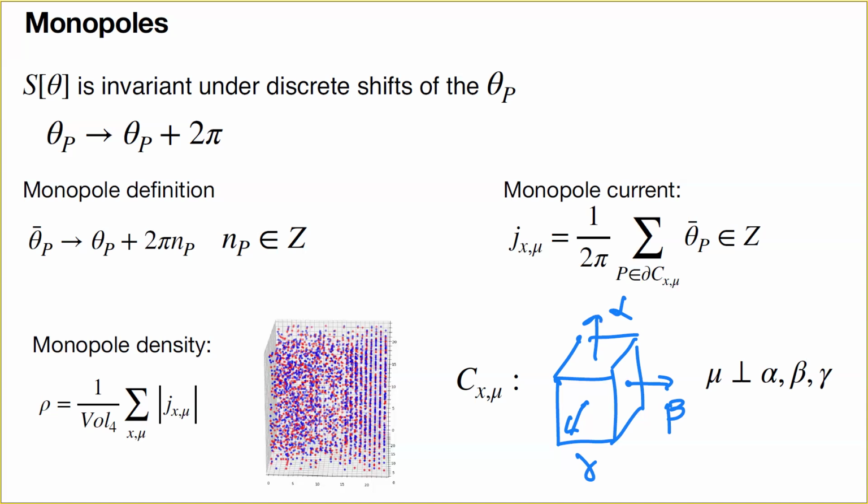And the monopole current can be defined in that way when we have such a phase collected on some cube with the directions alpha, beta, gamma, and the direction of the current mu is normal to all these 3 directions. So it can be nonzero here, which is related to the monopole itself, so we can have monopole currents which usually in compact U(1) theory form a percolating cluster, which fills all this